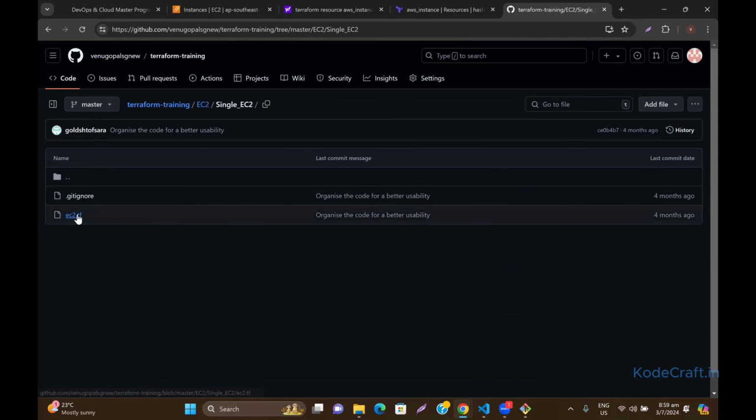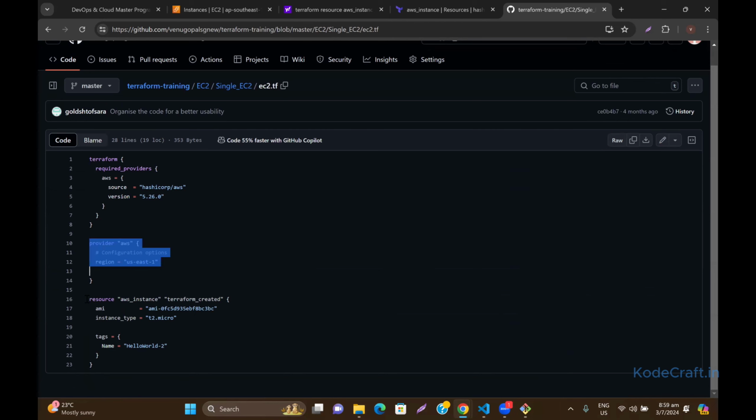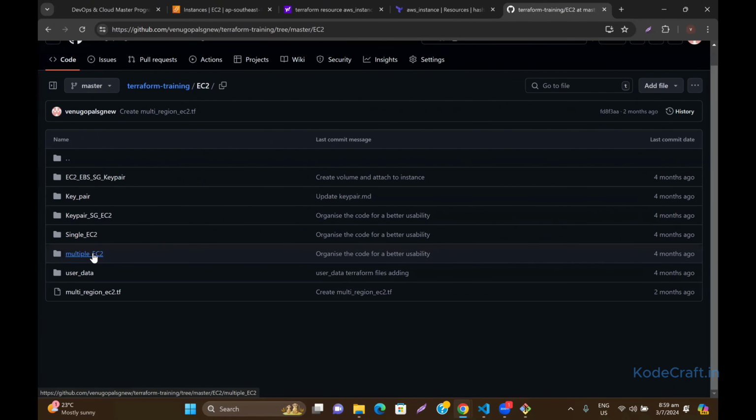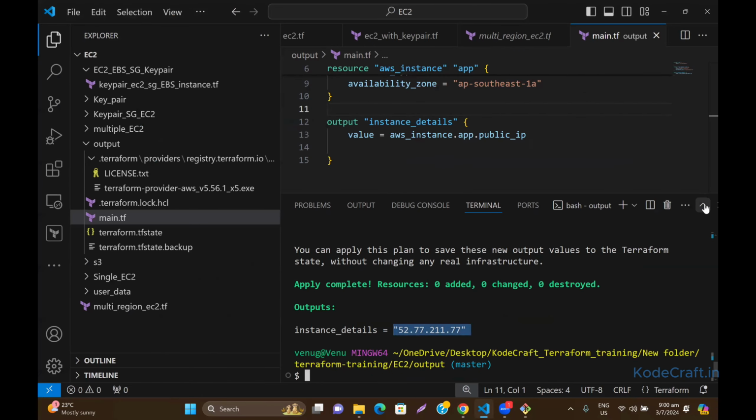So far, what we used to do: this is the Terraform block, and this is the provider block, and then the next one is the resource block. I think this is clear to everybody now. Okay, now let me see the next one, multiple EC2 instances. If you wanted to create,